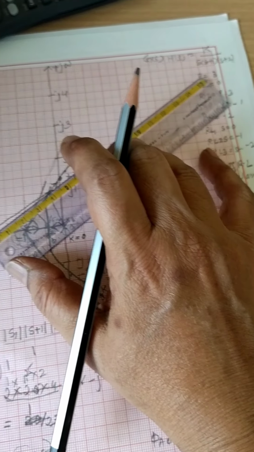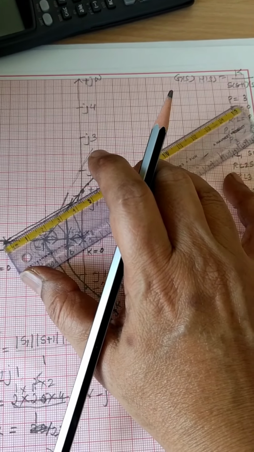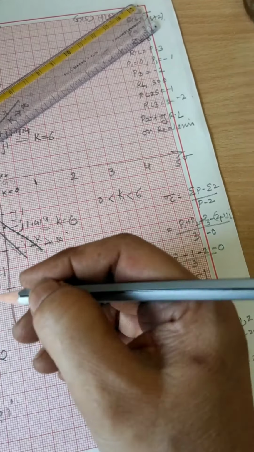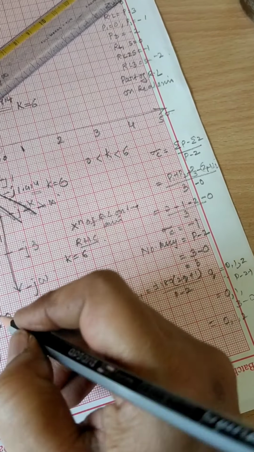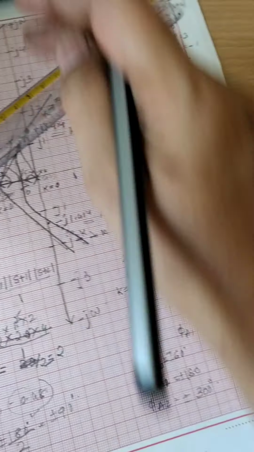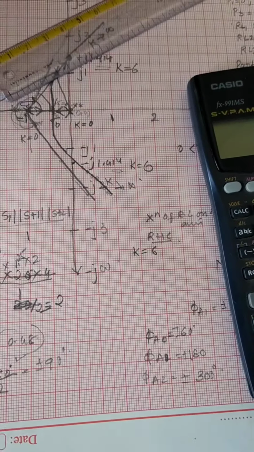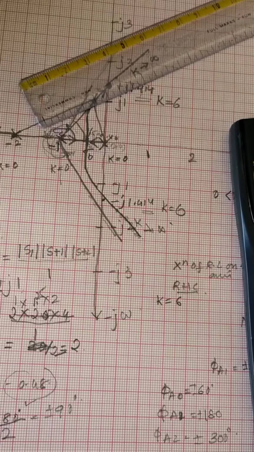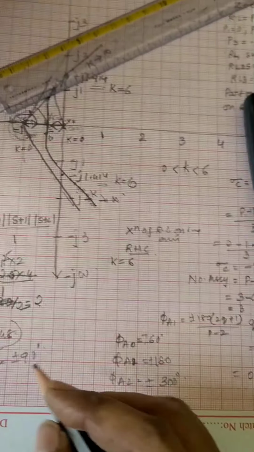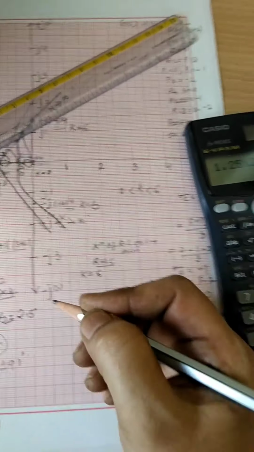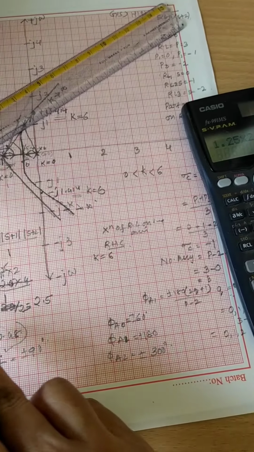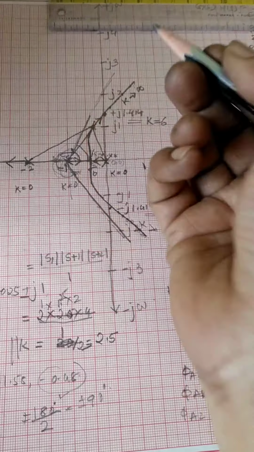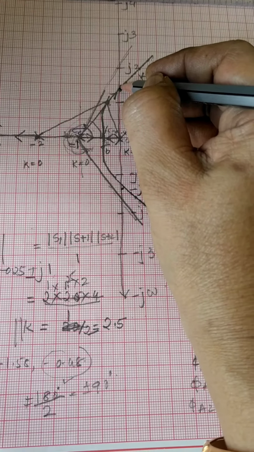And if I measure from S is equal to -2, it is coming somewhere around 4 centimeters. So divided by 2, that will be equal to 2. So 2 into 1.25 into 2, somewhere around 2.5 centimeters. Okay, 2.5 centimeters. That means K is directly equal to 2.5 at this point. So anywhere you want to find it, you can again find it out.